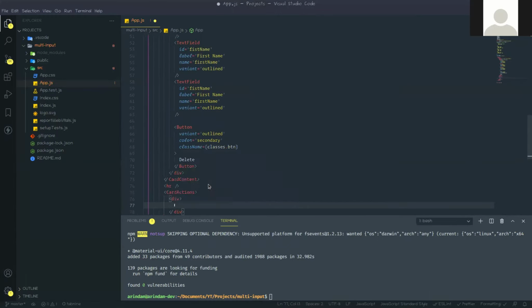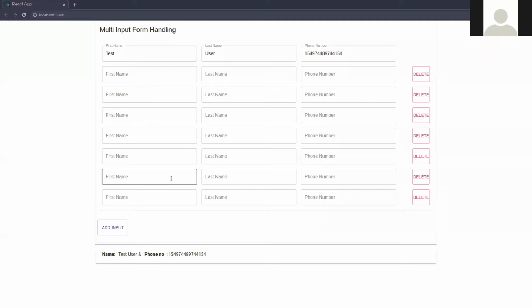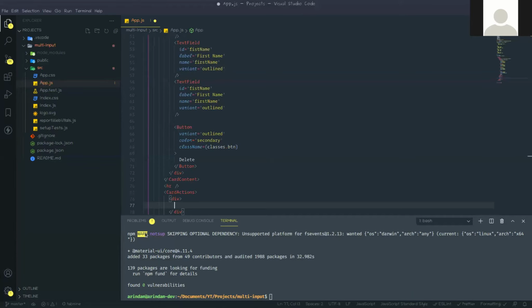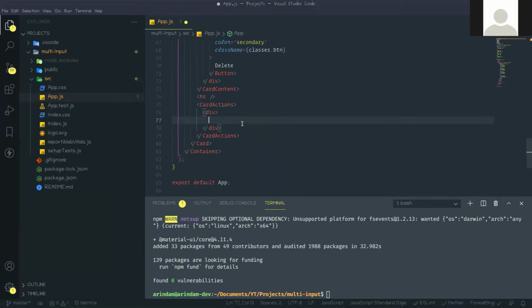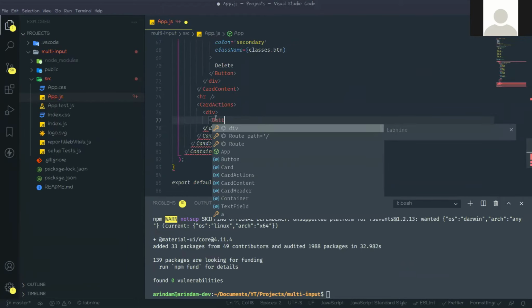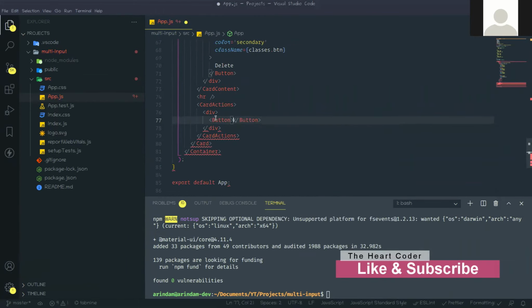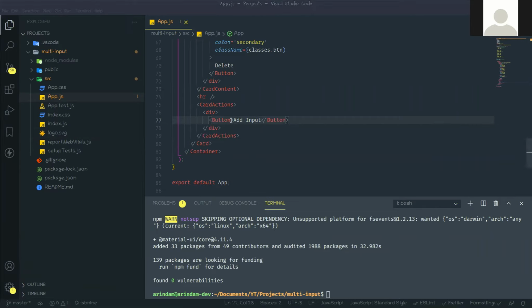That button is for add input. Button, add input.